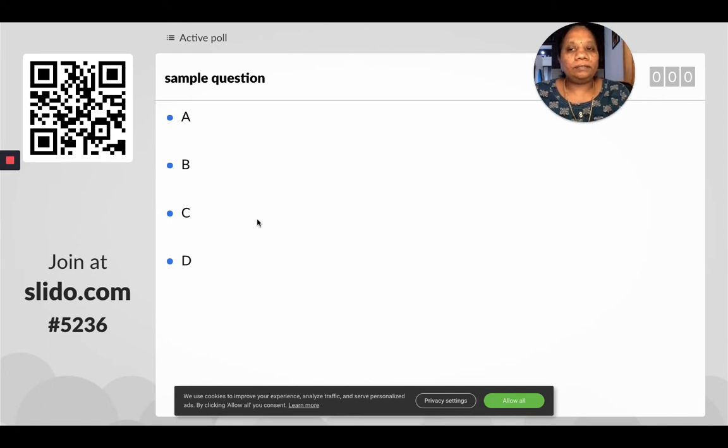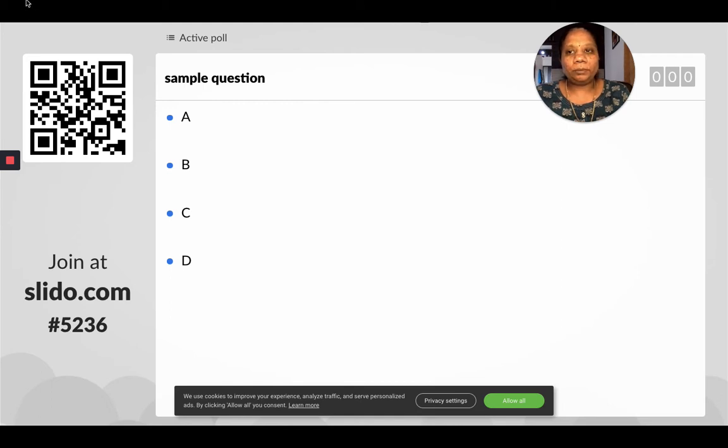The other way, very, very easy, is if they have a QR scanner, they just have to scan the QR code, and then automatically it will take them directly to the question. It will ask them for a pin. They will enter the pin and then they will be able to see this question and answer it. These are the two ways. The third simple way is there is an app available called Slido. They can even download the app and make use of it.